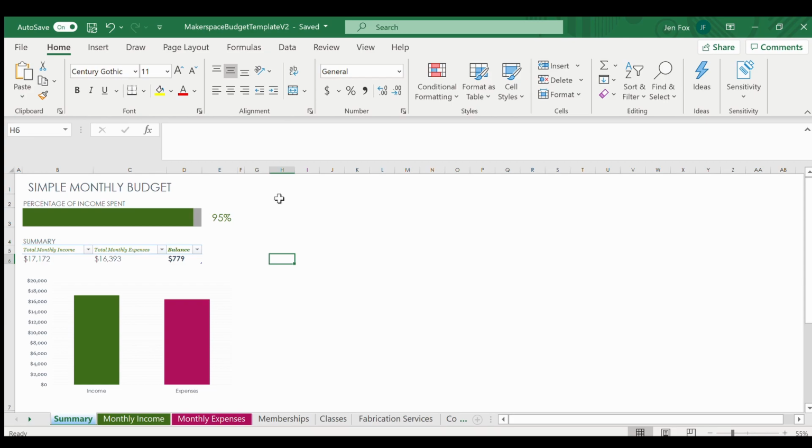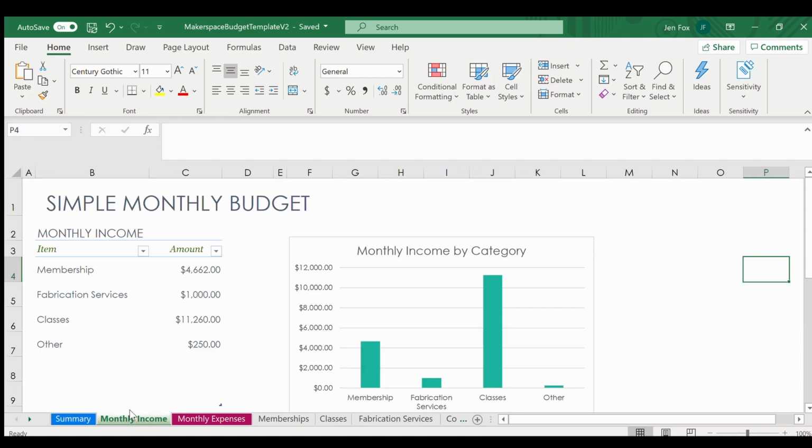I love makerspaces. I think they're a really important resource for our community, and I want to make sure that y'all are able to build a sustainable space so you can keep them open and keep providing really awesome benefits for your community. Okay, so let's dig into monthly income first, because it's a little bit easier usually, not always,